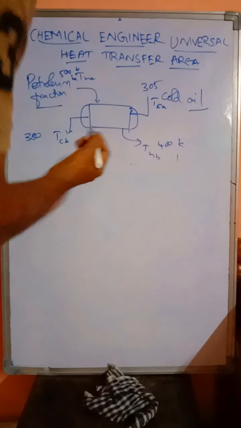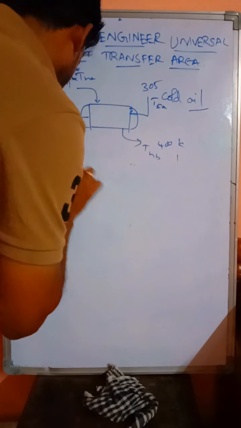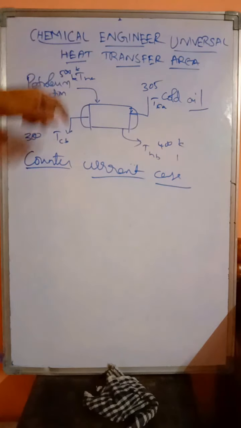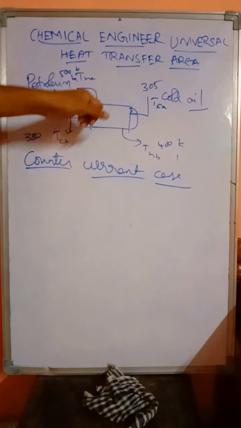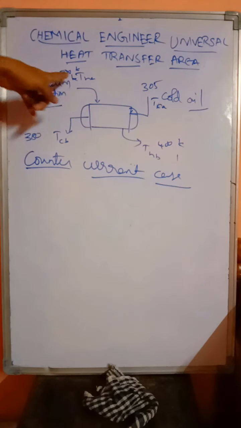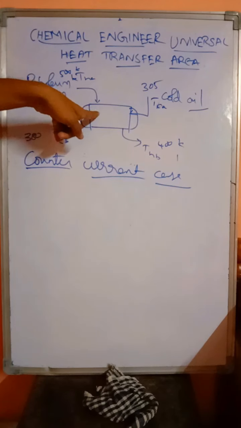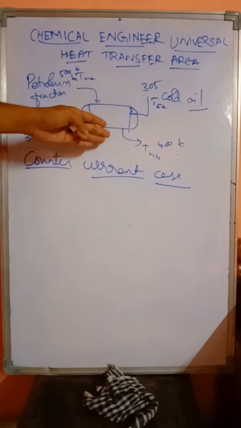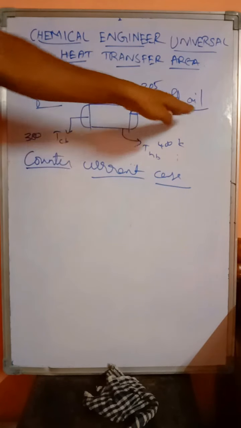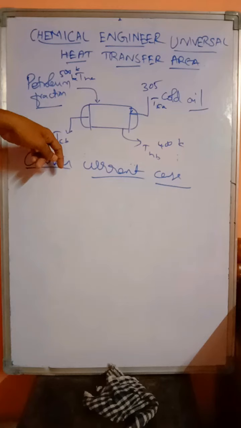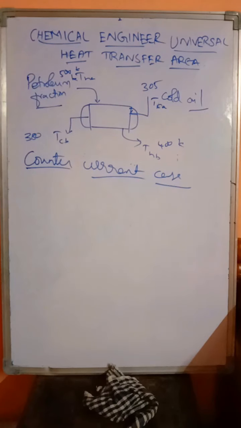First we go for the counter current case. Two fluids we have. I just draw for the counter current case only, because this is the mostly used one. In this case, we have petroleum fraction at about 500 Kelvin going through the shell side and coming out at about 400 Kelvin. It is giving a drop of 100 Kelvin in temperature. Likewise, we have cold oil flowing through the tubes of the shell and tube exchanger and coming out at 380 Kelvin. So it is gaining heat from the petroleum fraction, right? Both are in opposite directions. That's why it is called counter current flow.